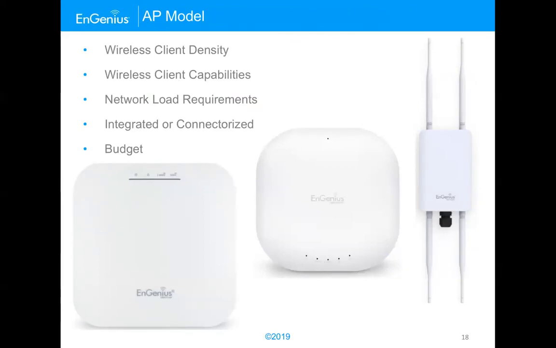Network load requirements. Let's pick on email, for example. Let's say I have an on-prem email server. Well then that type of traffic is not very latency sensitive, not very bandwidth intensive, doesn't have to be in real time. And that's great. And that means my packet loss could be up to 7 to 10%, and I won't experience any negative impact on that particular application. Well, let's say now I decide to move to Office 365. Okay, well that's off-prem email now. Now I have to take into account the latency and packet loss of a network I don't control, which is the internet. So now the requirements on my side of the network have to be more stringent